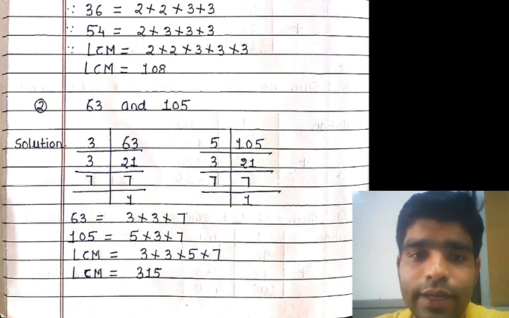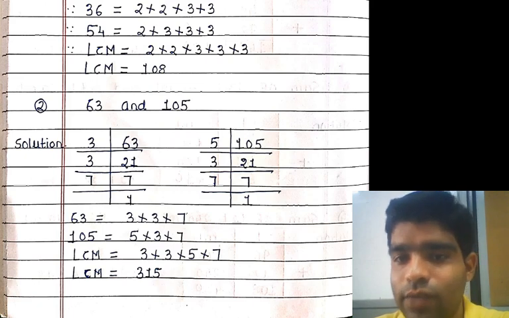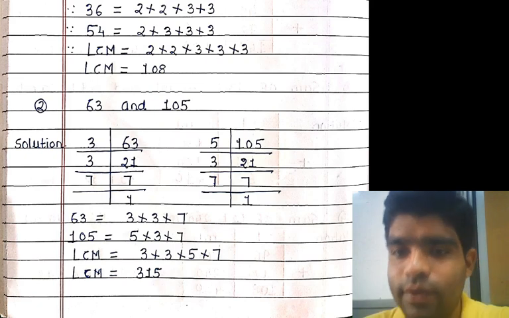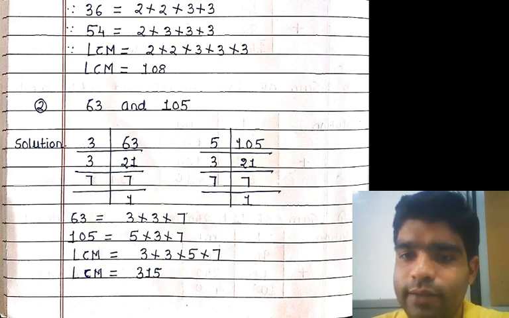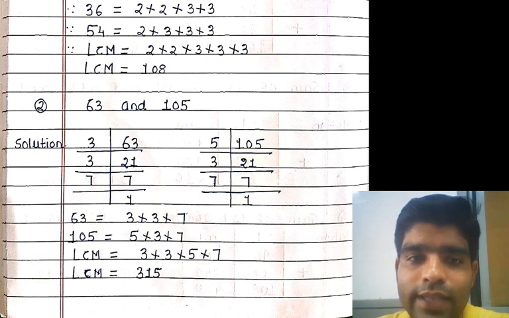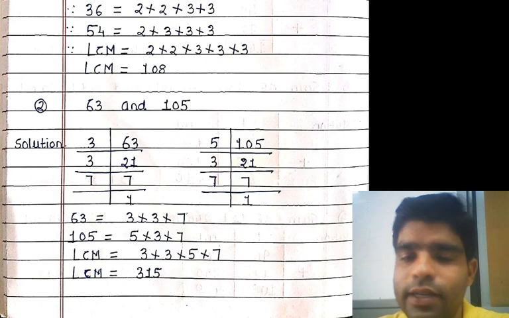Okay, it means that the factorization is 63 equals 3 multiplied by 3 multiplied by 7. Now check whether your answer is correct or not. Here 3 multiplied by 3, your answer is what? 9, definitely. And 9 multiplied by 7, because 9 times 7 is 63, it means your answer is correct. Okay, your method is correct.